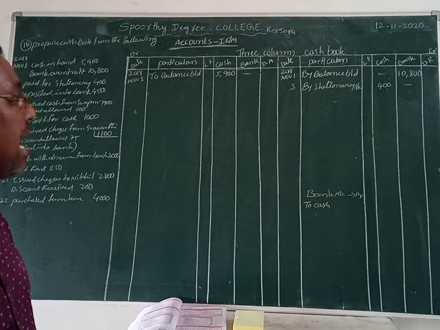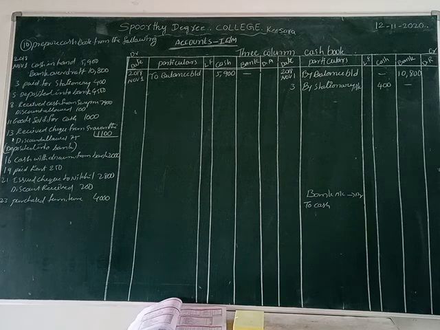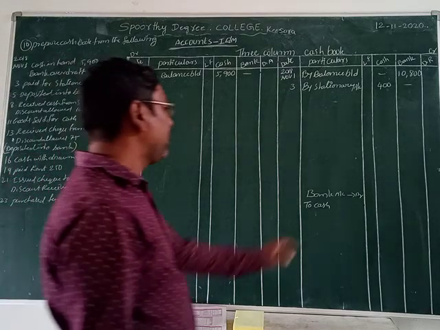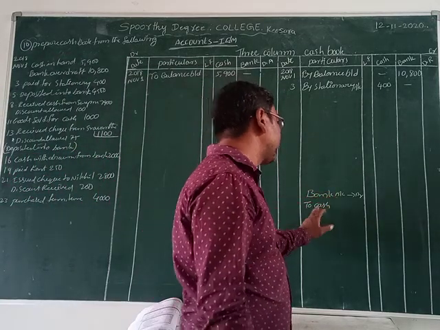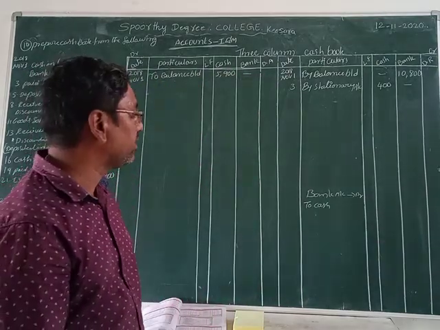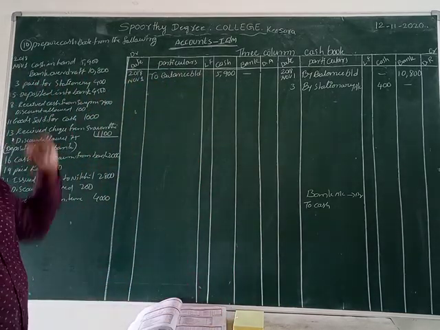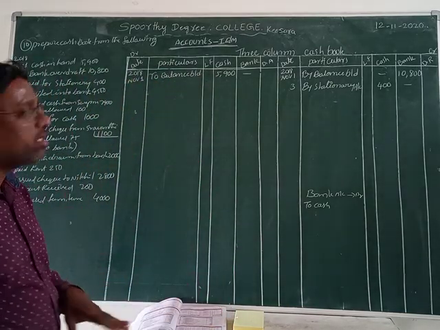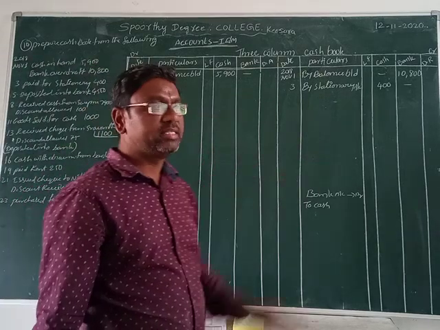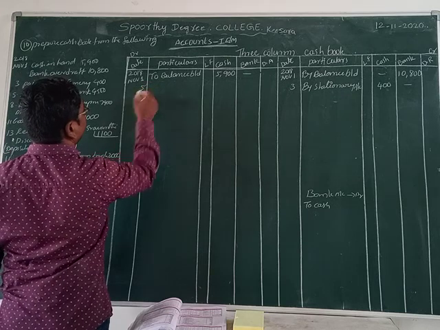So here is what? Bank and cash, both are there. We are preparing the bank account and the cash account. That's why debit also we record and credit also we record in the cash account. How do we record that? Bank is debited, na, so we record it on the debit side. Cash is credit, then we record it on the credit side. So what is the date that? That date is fifth. Okay na?